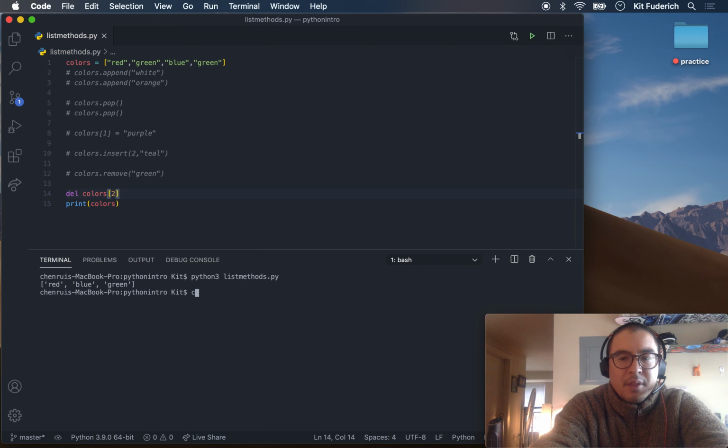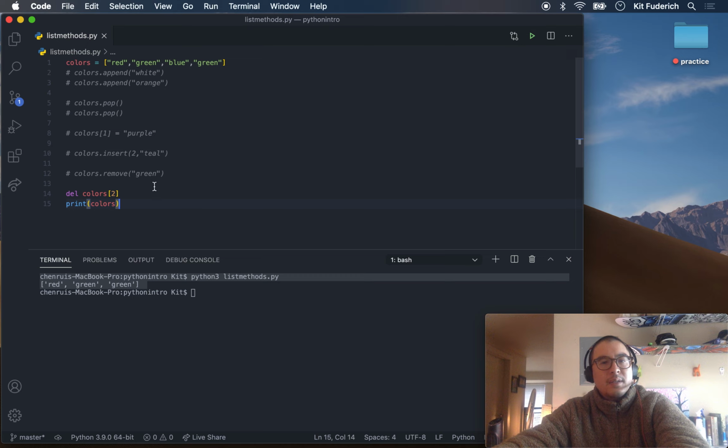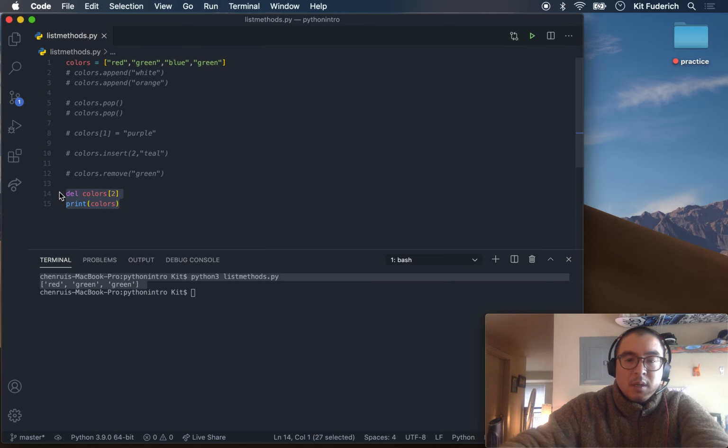We should have everything there except for blue, so it should be red, green, green. Let's try it out, and indeed, what we have is red, green, green. All right, so now that I've introduced you to a few list methods, definitely some helpful ones, I will go